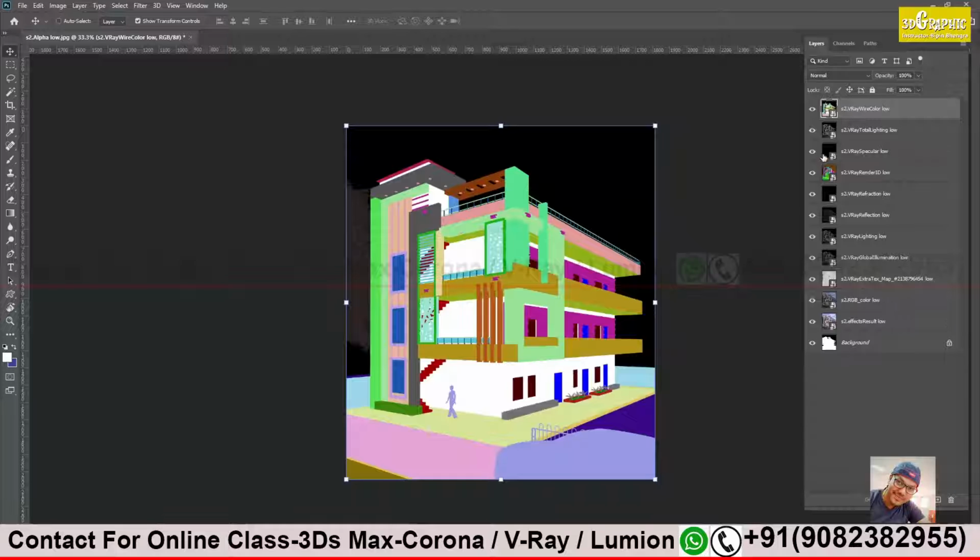Now I have to group them, otherwise it will take a lot of space over here. I have limited space over here. So to reduce my space, I will select all my passes except my last one, because this is locked, so it will not come into a group. I don't want this to be in a group. Except the last layer, select all the layers and click on the group icon at the bottom.